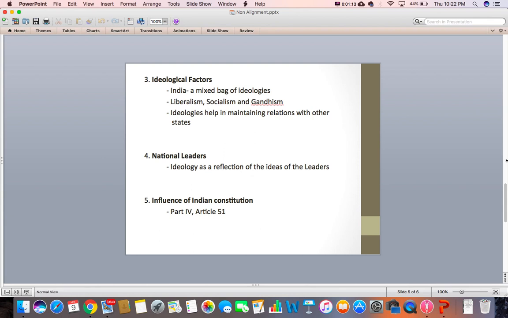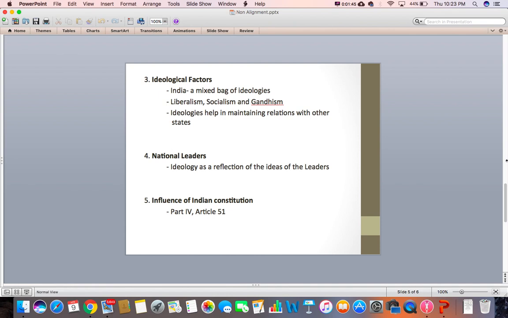Not only this, even the Constitution of India guides the foreign policy of the Indian state, as mentioned in Part 4 of the Constitution under Article 51, which states that India shall endeavour to promote peace and security and establish relations with other states on the basis of justice and respect. Also, to respect international laws and treaties. So we can say the guidelines related to the formation of India's foreign policy have been mentioned in the